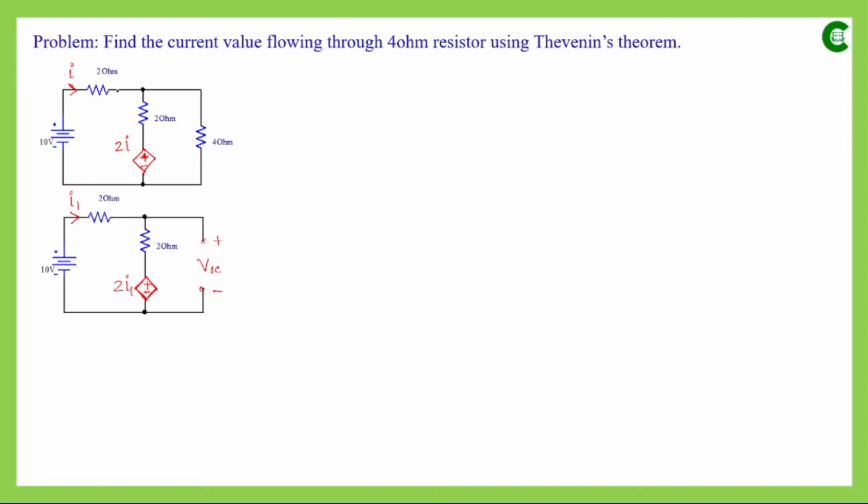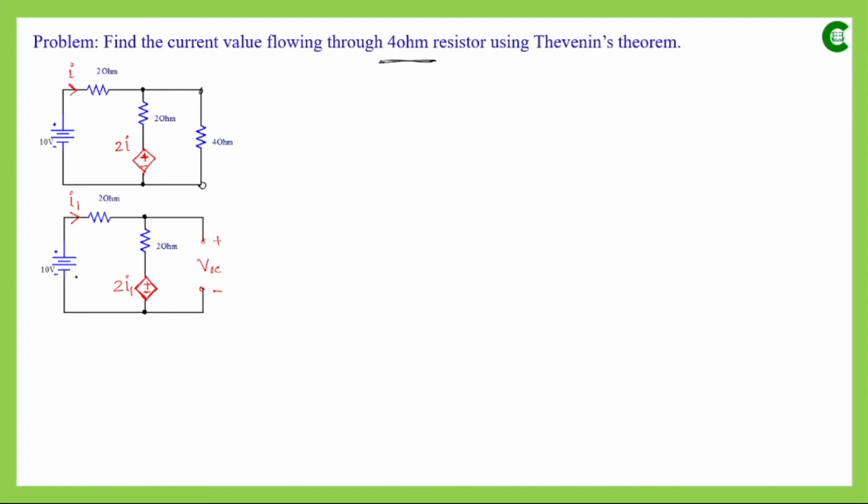Now in the next step, we will again disconnect or remove this load resistor, because we want to find out the current value through that 4 ohm resistor. So we will remove that, and next we will measure the voltage drop across this open terminal. Now we can see that this VOC will be nothing but the summation of the voltage drop across this resistor and the voltage value of this voltage source. So if we can find out the voltage drop across this resistor, that will help us to get the value of VOC. Now in this closed loop, if we apply KVL,